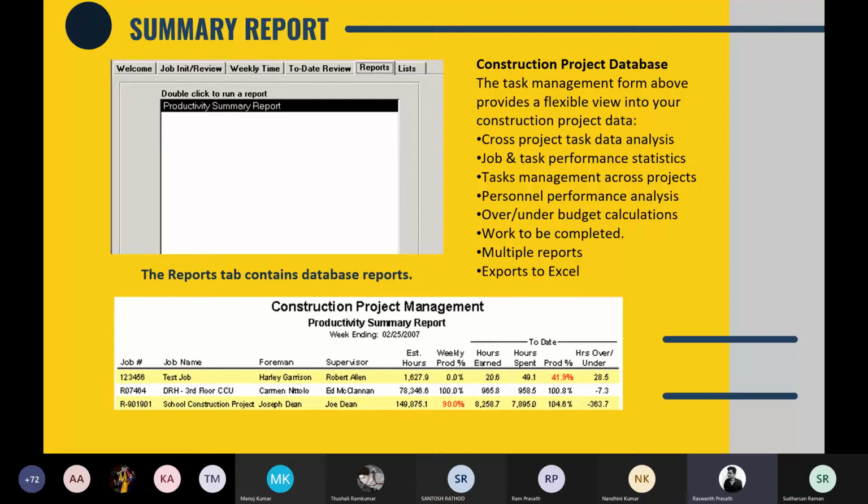It's like when you analyze your data set at a fixed point in time. For example, if you want to compare the financial position of two companies at the same point, this can be used. It also gives you personnel performance analysis, budget calculation, and work to be completed in this week, and it can all be summarized and give you a final summarized report.